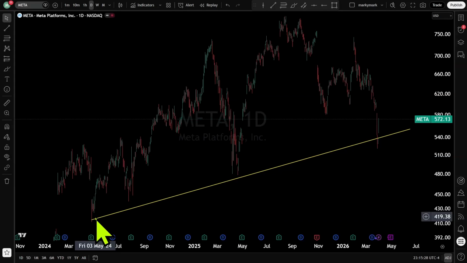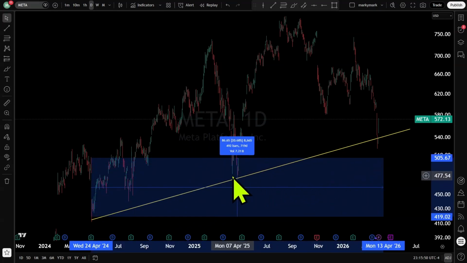The market did respect time, and that did create rhythm. So you can see the first hit, the second hit of that upsloping trend line, and the third hit. And like I said in that why trend lines fail clip, is that they don't have the spacing. When you've got the spacing, and I'll just get the measuring tool here, when you have the spacing between the pivot lows, like we have here, the probability of this bouncing on the third hit of an upsloping trend line